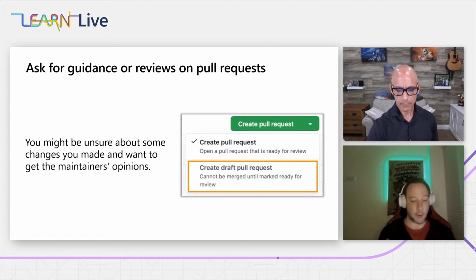Or maybe you can control yourself, like, well, I want to offer this, but I don't want to use it in a full official answer yet using that pull request, but squeezing it into a draft pull request. Now, the main difference is that the draft pull request cannot be merged until it's marked ready for review, which means that somebody's literally looking it over. Again, could be automated, could be manual. And it's not a full commit out of a pull request if you want. Does that make sense? It does.